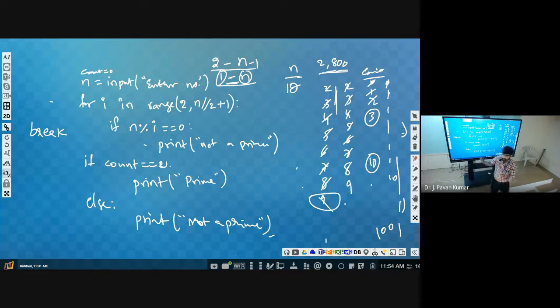What is the normal completion? Normal completion of this loop is whenever the i value reaches n by 2, then it will terminate normally. But if you want to terminate prior to that, then we can use break.